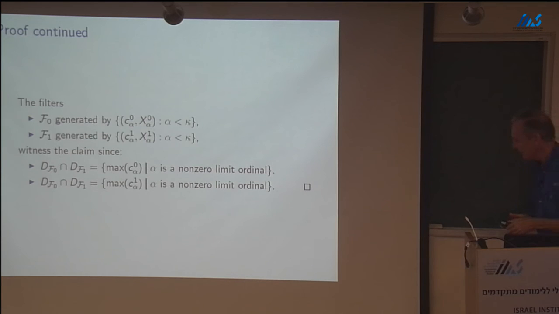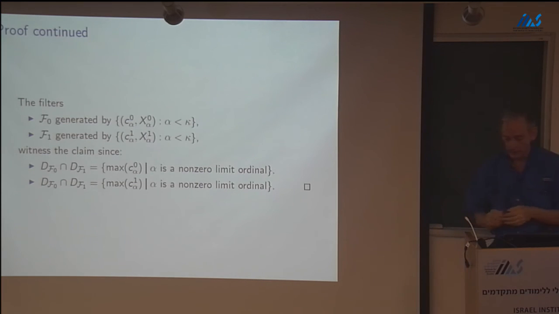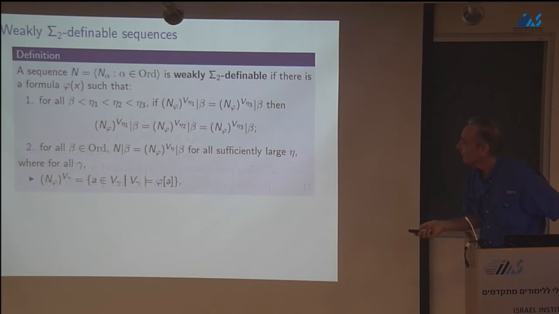Okay, so you're going back and forth. At a limit stage, you've arranged that the maximum elements of these two clubs are the same. Now you have complete freedom on how big to make the next ordinal. So you can make it go either way: on the 0 side, the next ordinal is less than the next ordinal on the one side, or the other way, and you make that choice depending on whether an associated ordinal is in B. Okay, so that's the proof.